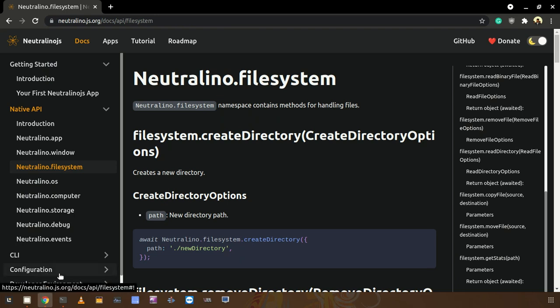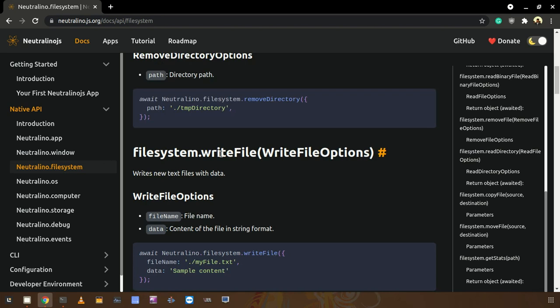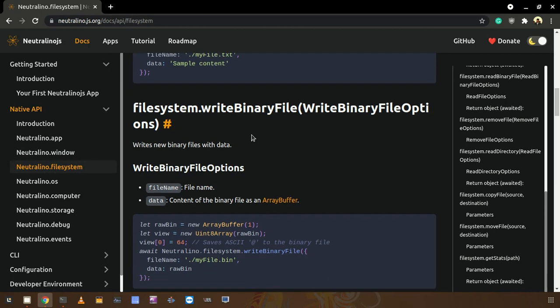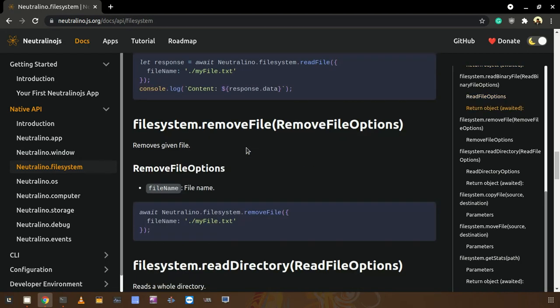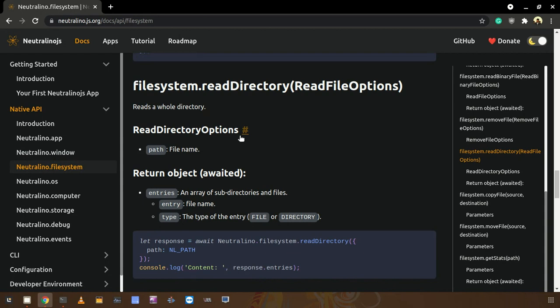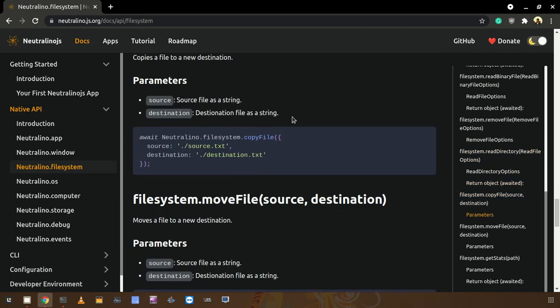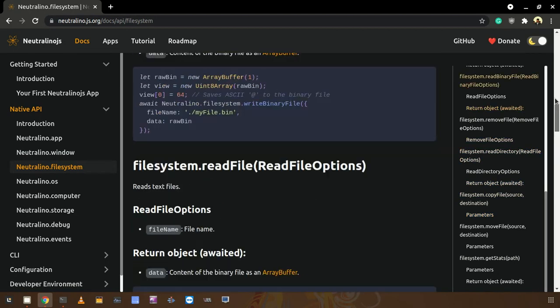Hello everyone, in this video I am going to show you about the Neutralinojs file system API. There are a lot of methods in this file system namespace of Neutralinojs. We have methods to create directories, manipulate files, work with binary files, inspect and read directories, and copy files. Basically we can manipulate files and also folders in your file system using this Neutralino.filesystem